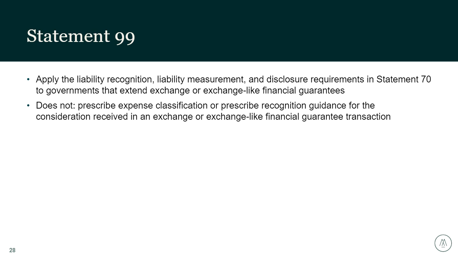Other derivative instrument-specific changes are that the changes in the fair value should be reported on the flows statement separately from investment revenues. The disclosure should be distinguished from hedging derivative instruments and investment derivative instruments. Disclosures should include the fair value of derivative instruments that were reclassified from hedging derivative instruments. And lastly, if hedging derivative instruments cease to be effective, the balance of the deferral should be reported on the flow statement separately from investment revenues.